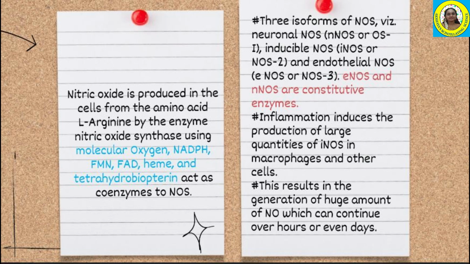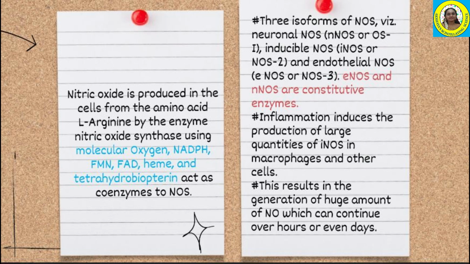Nitric oxide is produced because of the action of nitric oxide synthase, and there are three isoforms of the same enzyme. They are neuronal nitric oxide synthase, inducible nitric oxide synthase and endothelial nitric oxide synthase. Here, the inducible nitric oxide synthase is not calcium dependent and is active as such. That is the main distinguishing feature of this isoform when compared to the other two.